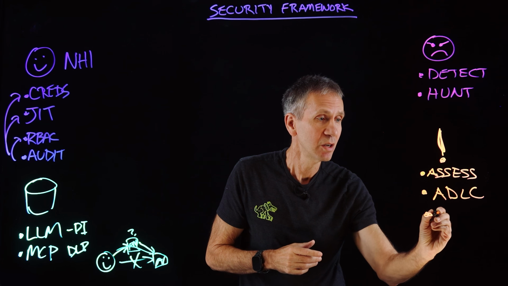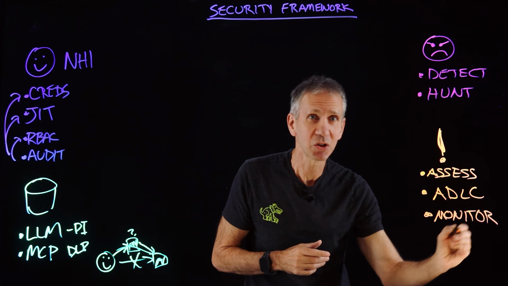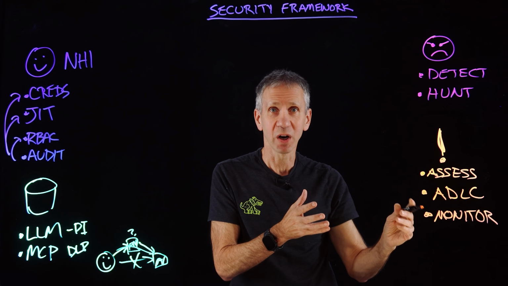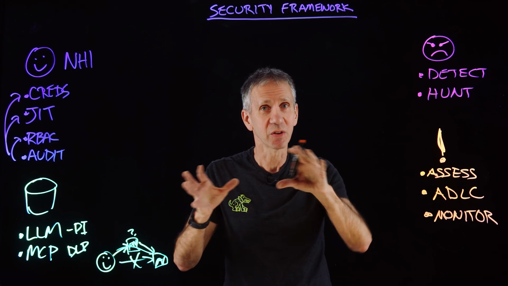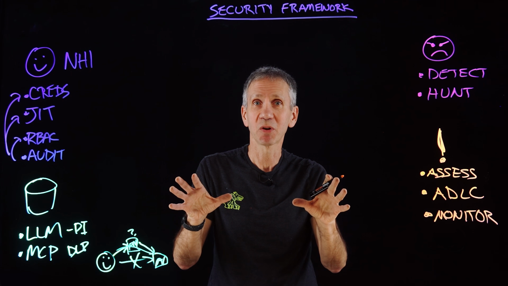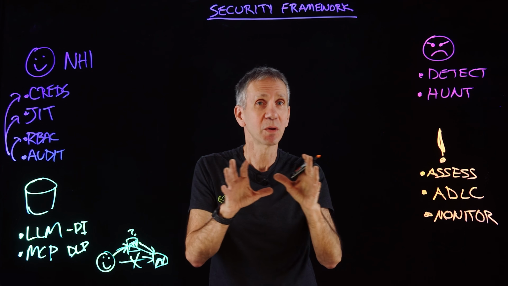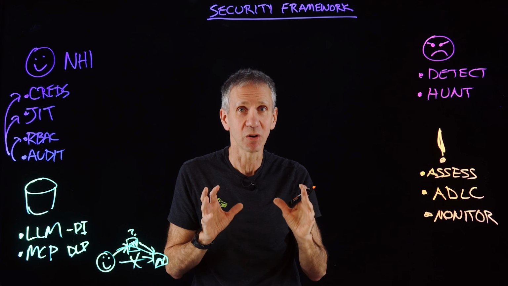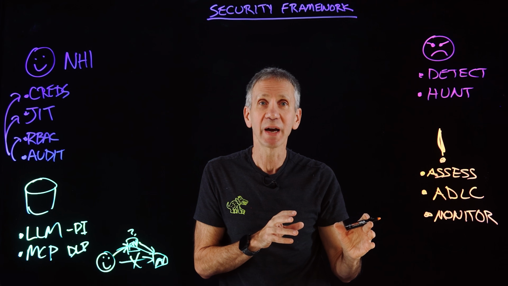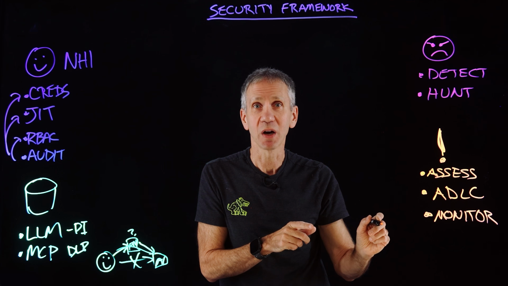And then to monitor this system, which is a part of the detection, but it's also looking for other things like configuration drifts. If these agents are doing operations on the system itself, they may change some of their own parameters. We want to make sure that the model doesn't drift over time. We want to make sure that the configuration of the system doesn't change over time in ways that are unexpected. And also look at their access patterns. What is this agent doing, and is it doing the right things or not?